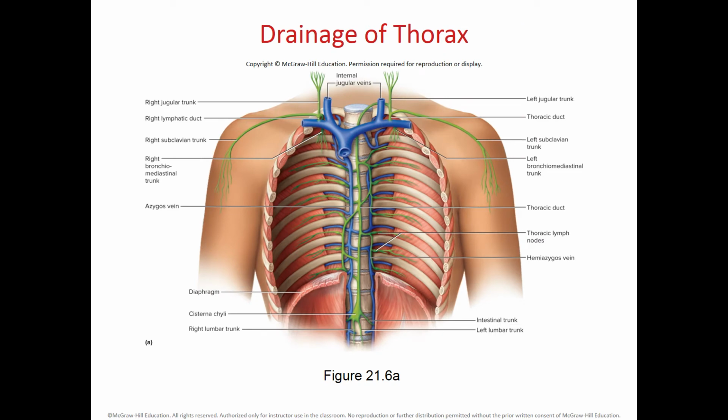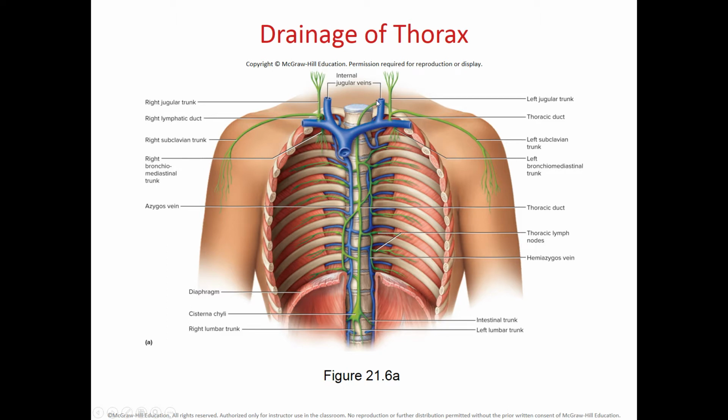Okay, so here we have the drainage of the lymph within the thorax. Here we have these intercostal lymphatics that will drain, depending on the site, into this large thoracic duct, or they can drain into the right lymphatic duct. It is not very clear in here, but of this lymphatic duct, the right lymphatic duct, at some point